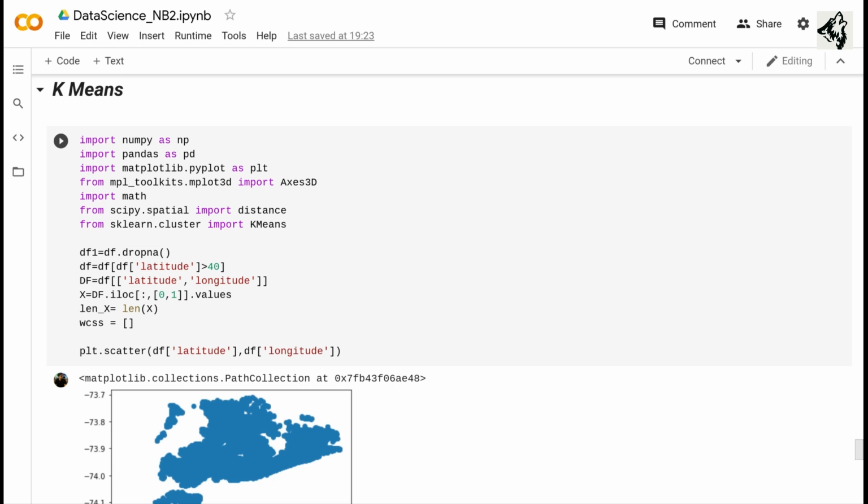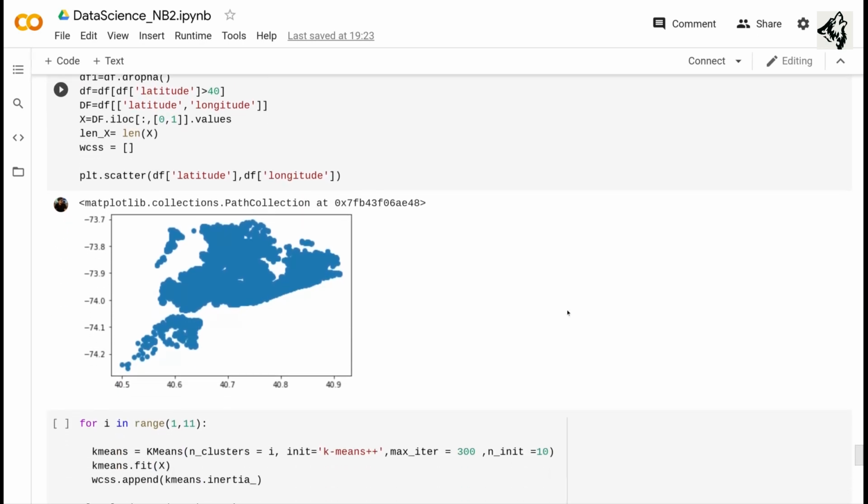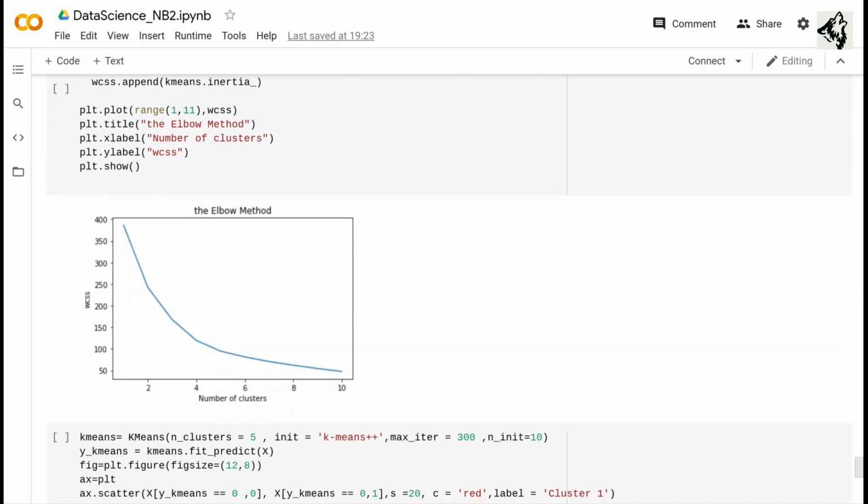But before we can perform clustering, it is important to know how many clusters are required. As you can see in the scatter plot below, it is not easy to identify how many clusters can be formed. Therefore, we perform the elbow method to find out how many clusters can be formed.